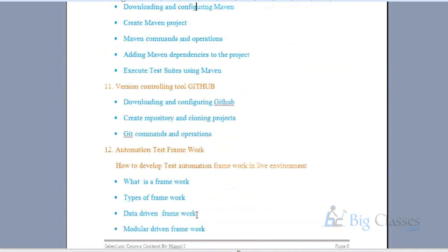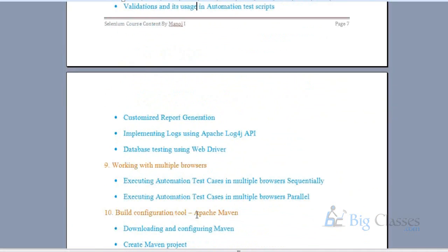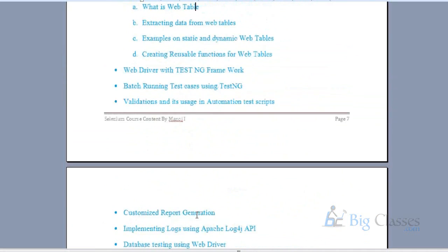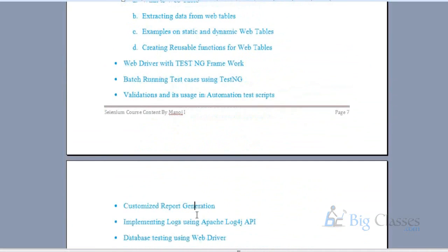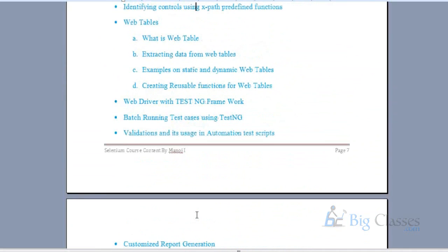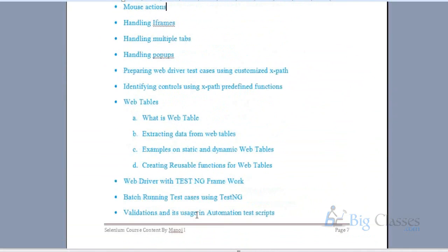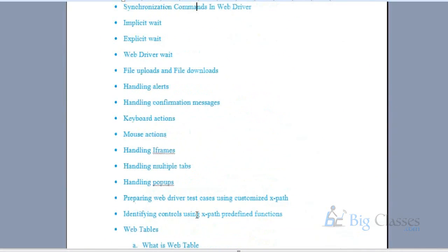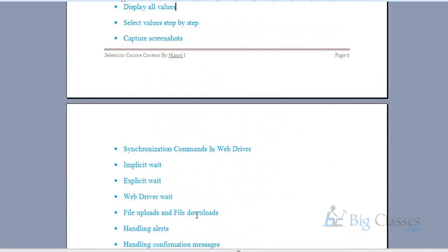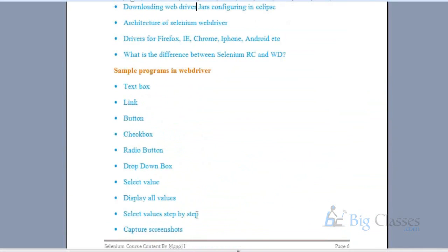The interview part is my job, you don't need to worry about it. For handling interviews, I'll be giving interview questions. Every day I'm also updating, Shailaja, because in Selenium there is no deadline, there are a lot of updates. I know what they are expecting from Selenium practitioners, so don't worry about the interview perspective.